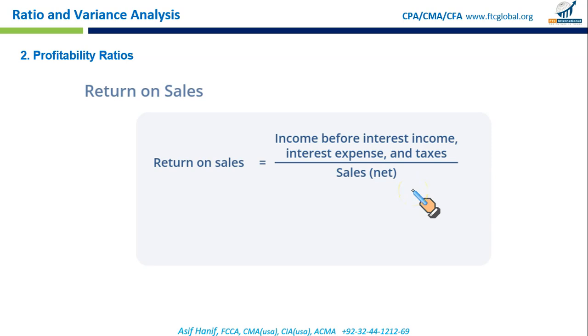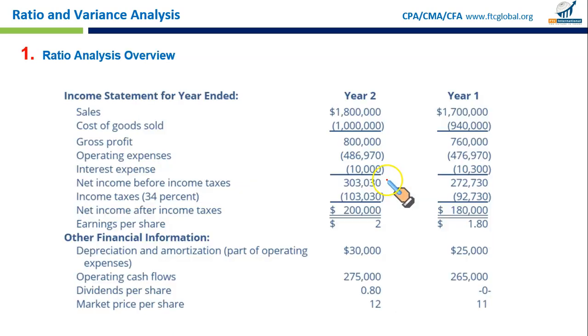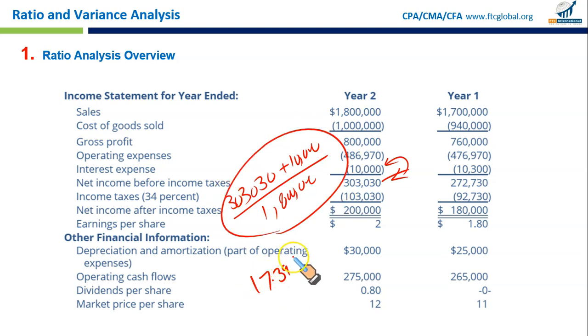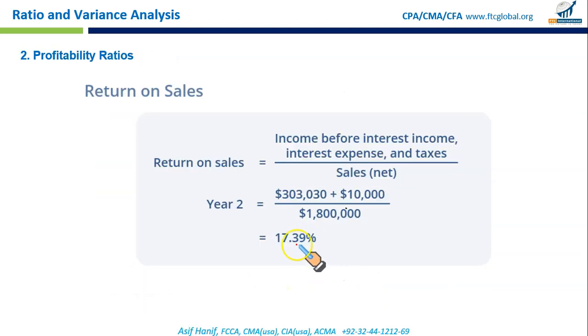Then we have return on sales, that is income before interest income, interest expense, and taxes divided by net sales. This is our net income before income taxes, so we need to add the interest expense back. So you will have 303,030 plus 10,000, and divide it by the net sales figure of 1.8 million, and the percentage you will get is 17.39. So your return on sales is 17.39%. Is it good or bad? We don't know unless we compare it with last year, with the competitors' return on sales,